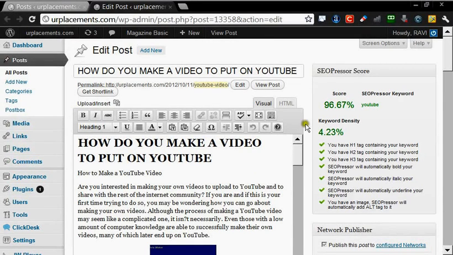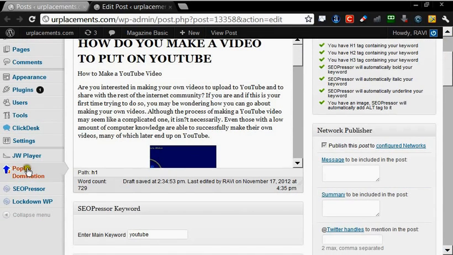Okay, now I'll be helping you out with exactly how to make sure that your articles come to Google's first page pretty soon. Now look, I am working on a WordPress blog, and to start up with, you must have this plugin called SEO Pressor. You can see here, SEO Pressor. You gotta have this plugin. Some basic settings you got to do,